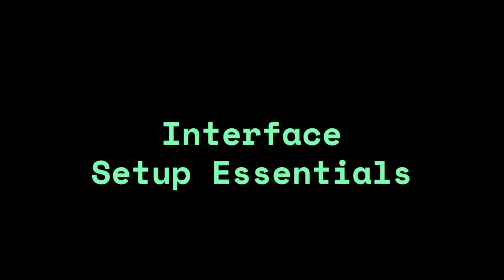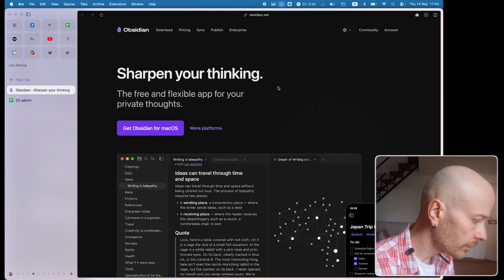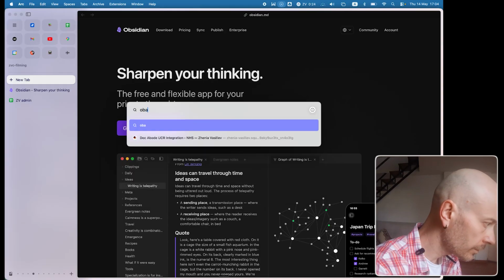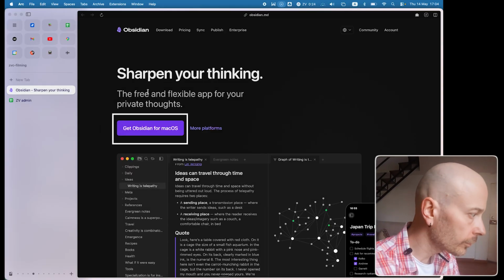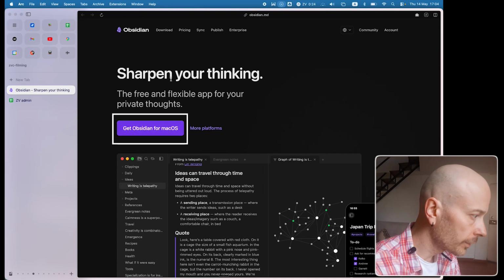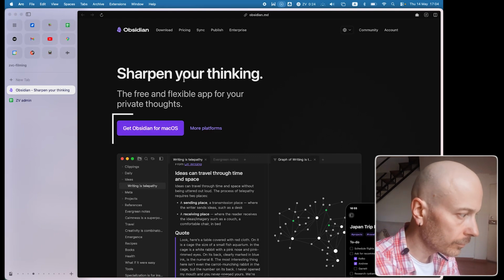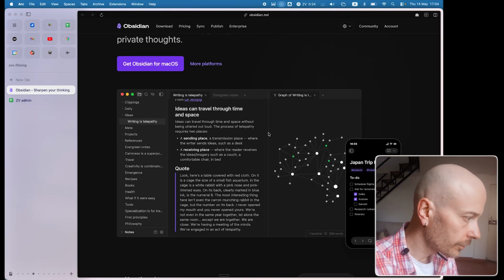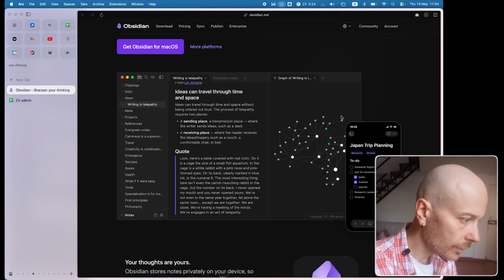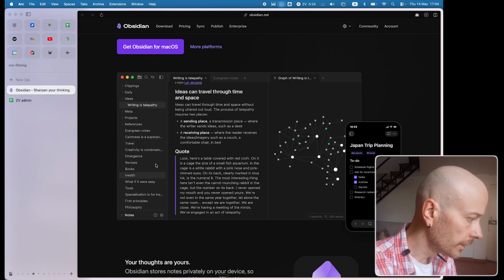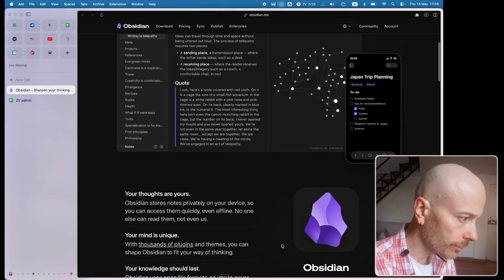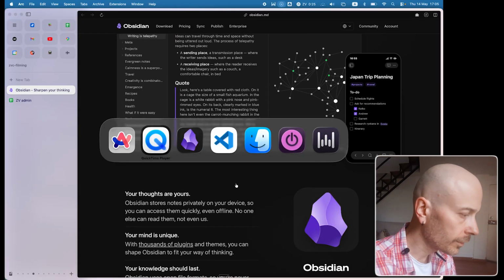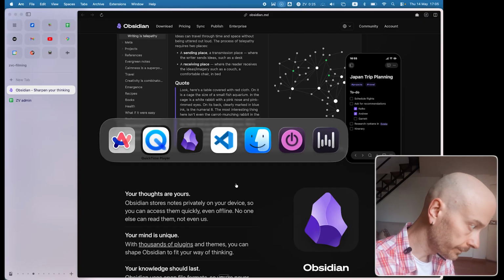So point one, essential interface setup. You go to the obsidian.md website. It's just here, and I trust you know your computer enough to be able to download it and install it, and it's free if you just use the basic Obsidian software. You already see by looking at the homepage it becomes confusing because it shows you the graph, some sort of sophisticated formatting, some sort of file system here, and it starts to feel a bit intimidating. But it doesn't have to be.